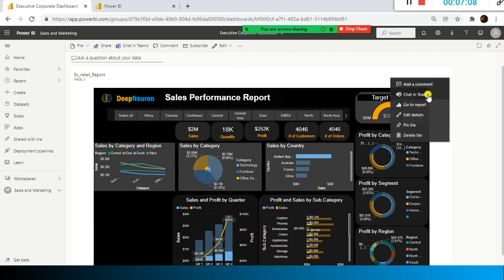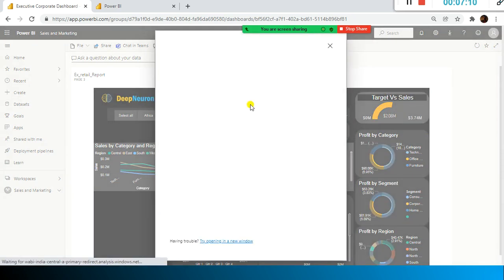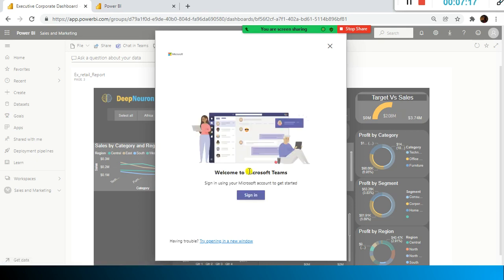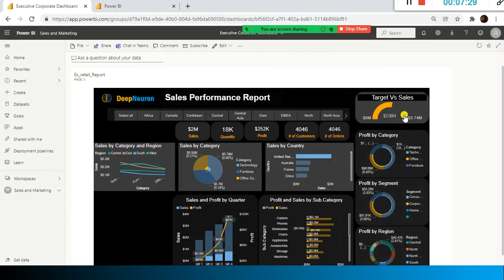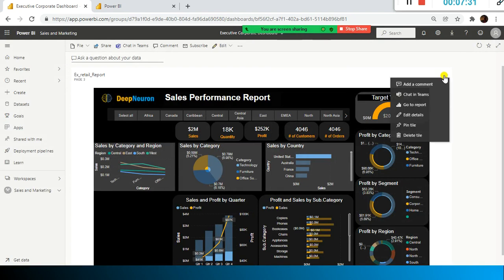One second, let me just see if I have the chat in Teams. Once you publish it here, you can probably chat with your team members, sign in. Okay, here it goes by that. It's not going by the app user, app.powerbi.com. I created 2 or 3 users. Okay, some error. Okay, we cannot use it. I think with premium only you can do it.